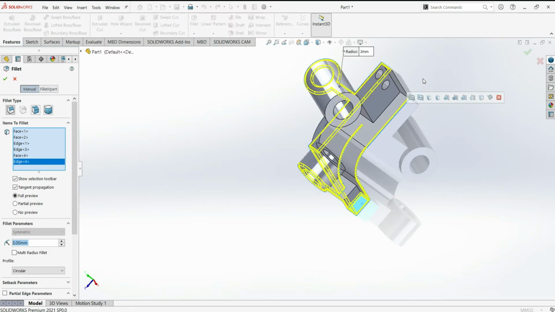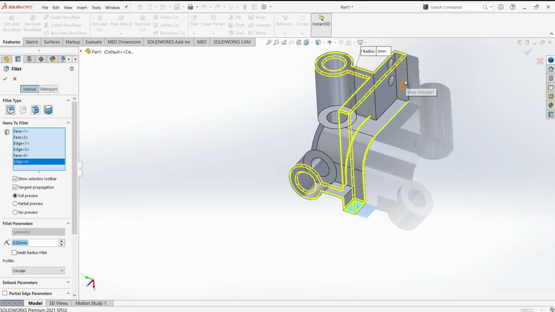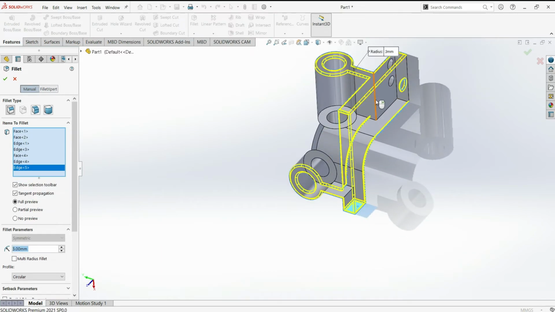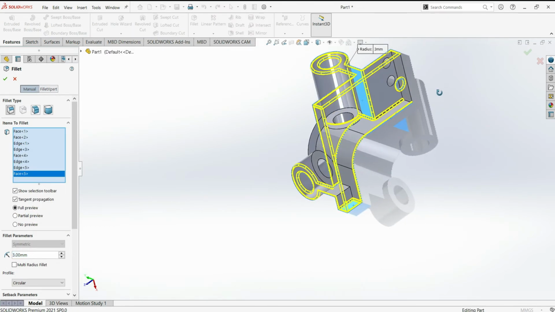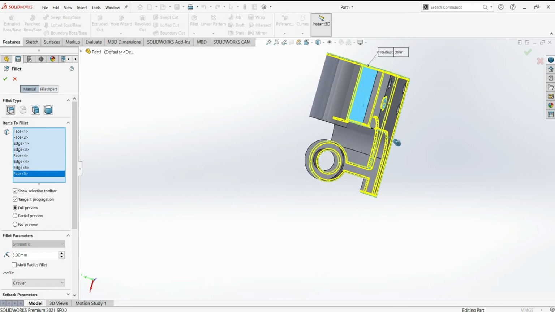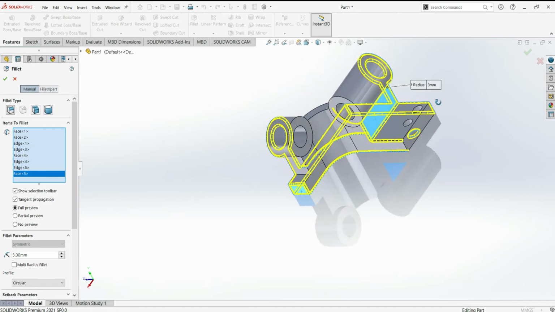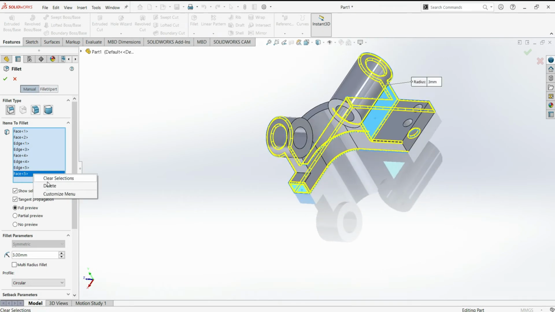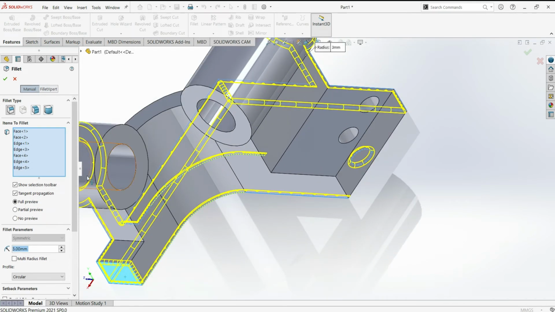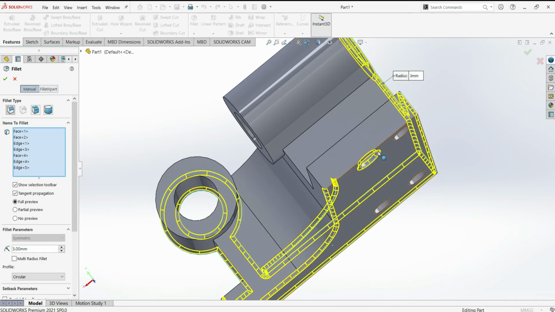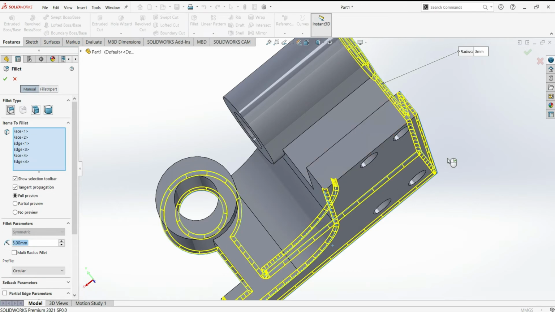Select all of these edges, let's uncheck this face, delete it, delete this edge also.